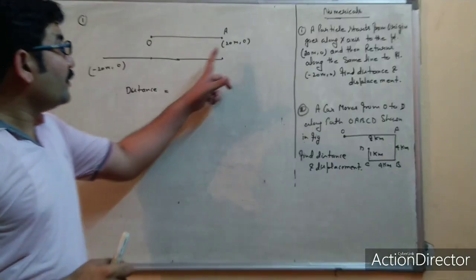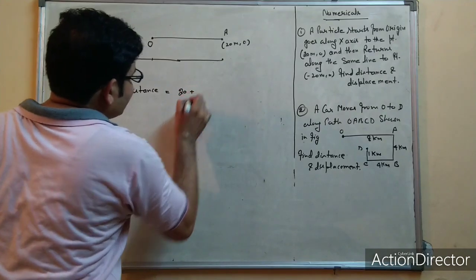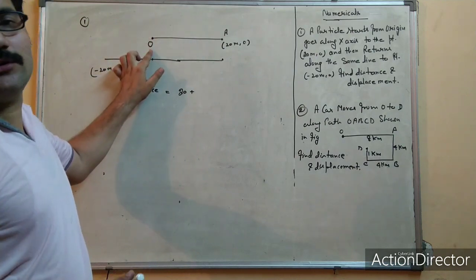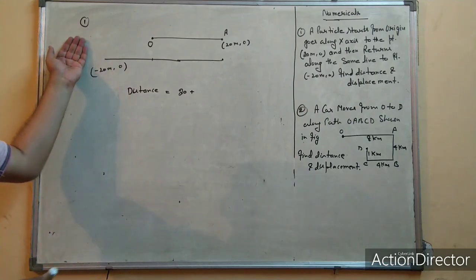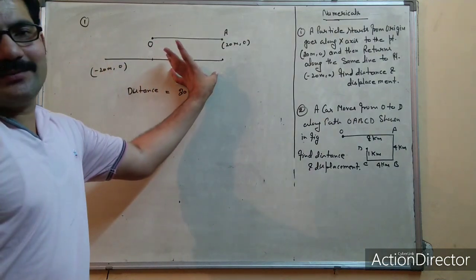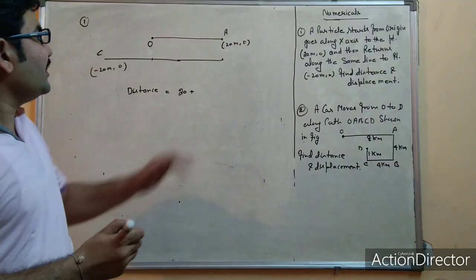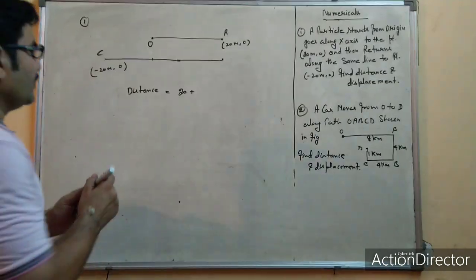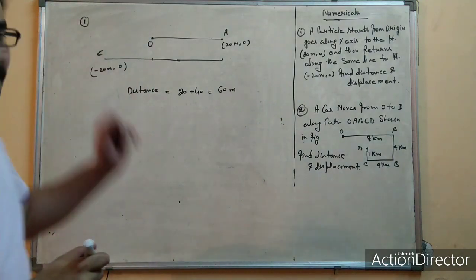Before reaching point A, the body covers 20 meter. That is fine. Plus, now 20 meter on that side to reach the same location, and again it travels 20 meter to go back to the location of point O. So it is also 20 meter. Then the total distance from A to, let that point be C, is 20 on that side and 40 on the other. That means 60 meter is the right answer for that journey.